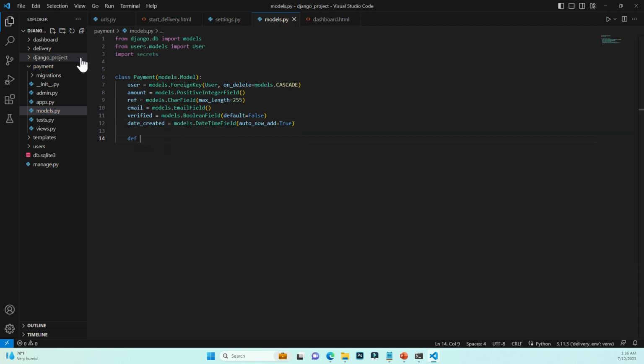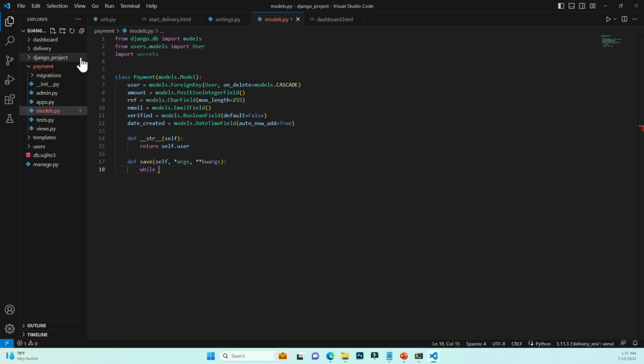So let's bring a string representation. User, right? So we're also going to override the save method. So self, args and keyword args,